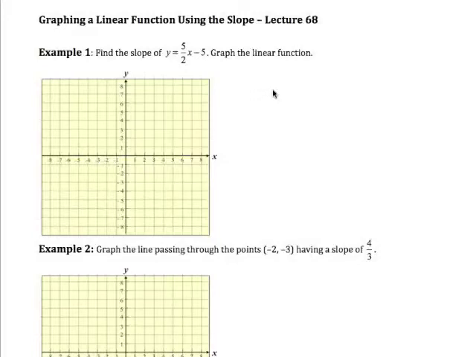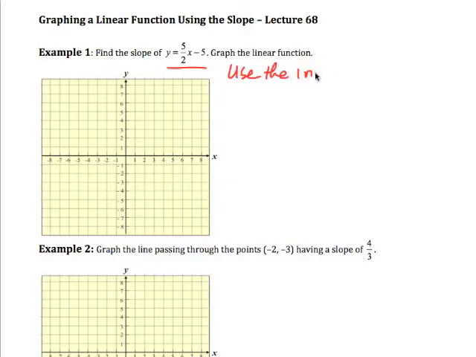Okay, in this lecture we're going to talk about finding the slope of a linear function and using the slope to actually graph the linear function. In this case we're given an equation of the linear function, y equals 5/2 x minus 5. Now we use the intercepts